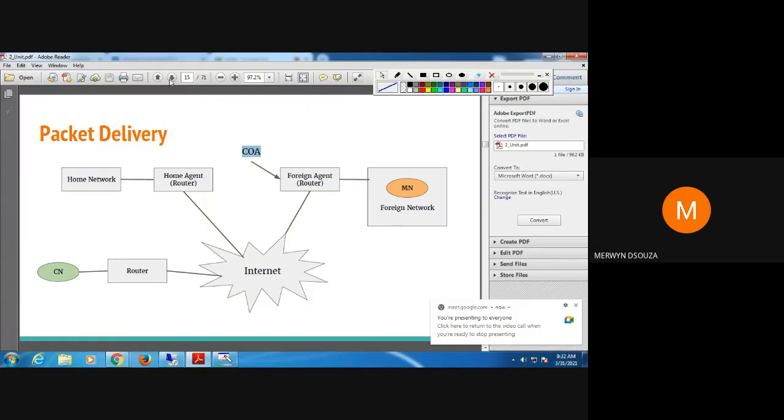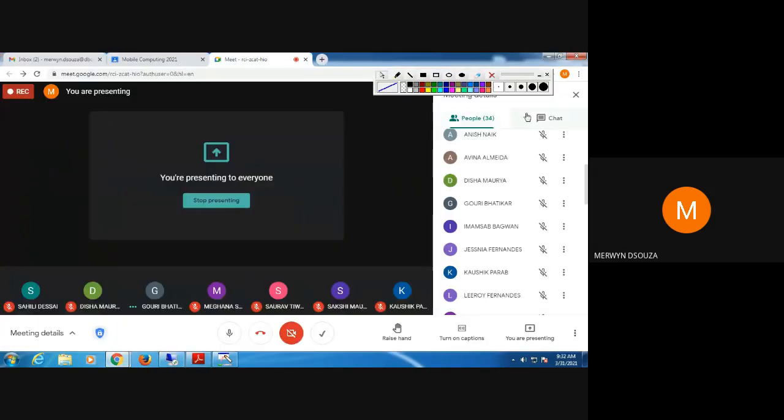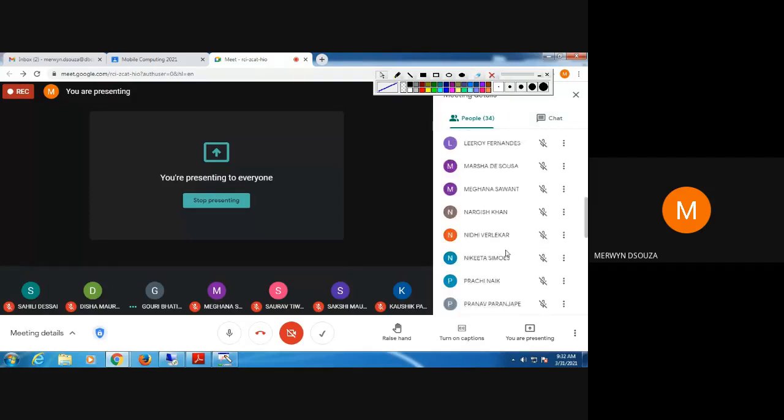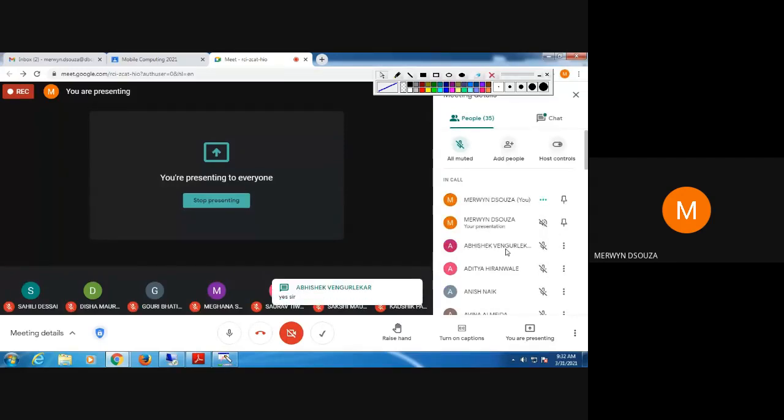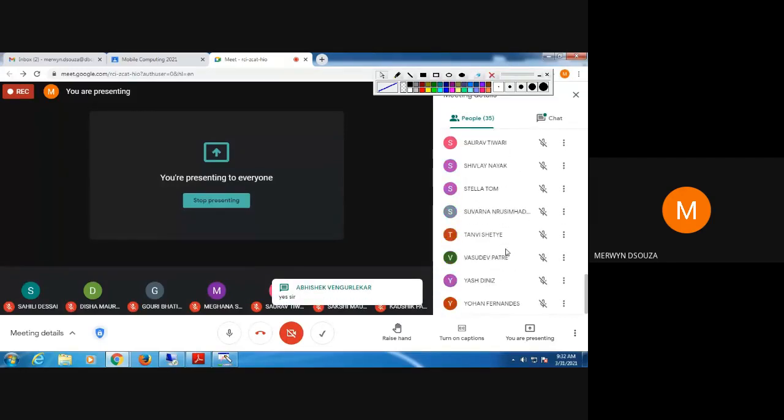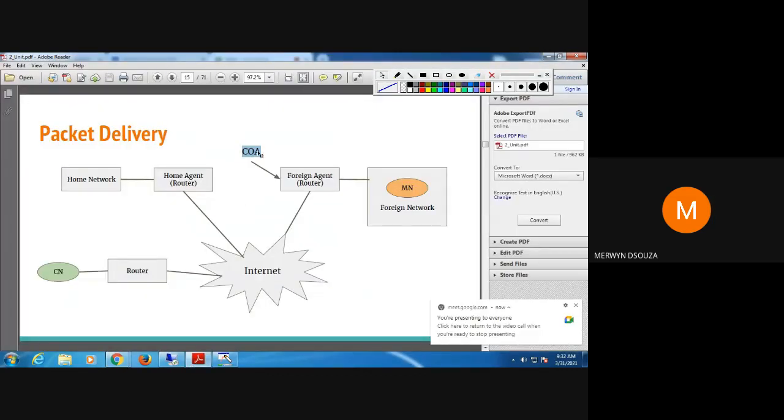Before I proceed, has everyone understood why we need to register the COA with the home agent? I can repeat it if you have not understood. Please let me know. Okay, so let's look at the actual steps of registering the COA with the home agent.